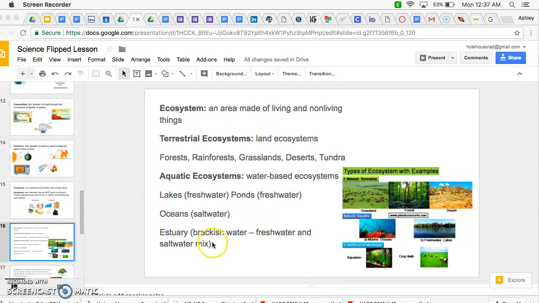A couple of things I want you to do within this section is to pause the video, and I would like you to get a few details about different ecosystems. What are the different types of forests? What's different about the rainforest from grasslands? What about the desert and the tundra? And then your aquatic ecosystems, the difference between freshwater and marine or ocean ecosystems. I want you to find some details on each one that we can compare when you meet with me in your group.